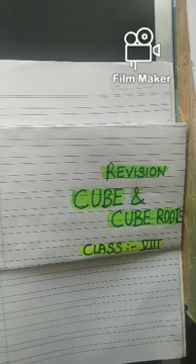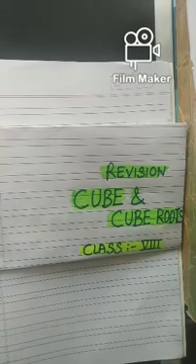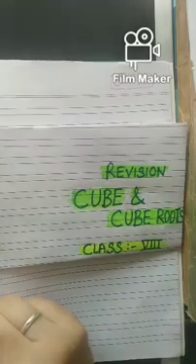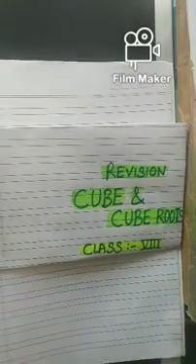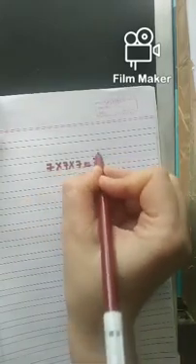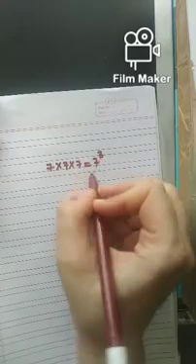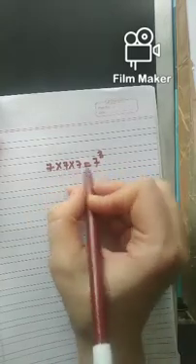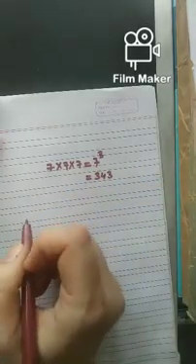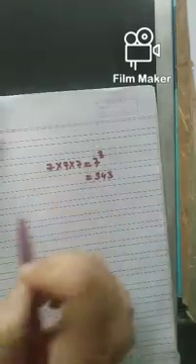Okay, beta. So first I am going to tell you what is the meaning of cube. Cube of a number is the product of the number by itself 3 times. Like if I have a number 7, I am multiplying 7 into 7 into 7. So this is written as 7 raised to power 3, means cube of 7. So this will be 7 into 7, 49, into 7, 343. Okay, beta. So this is the cube of 7.